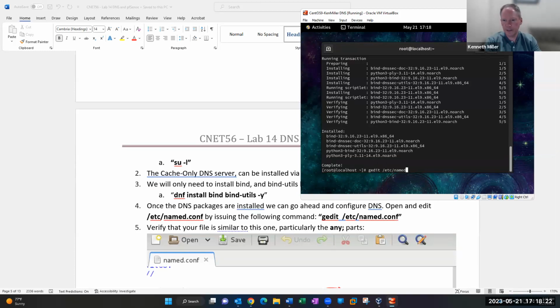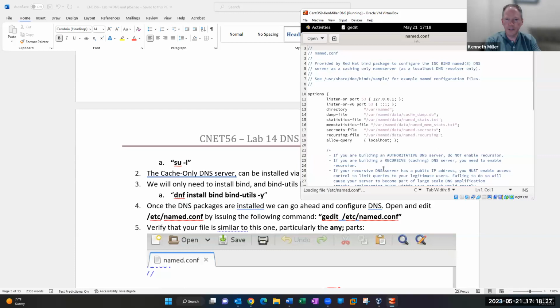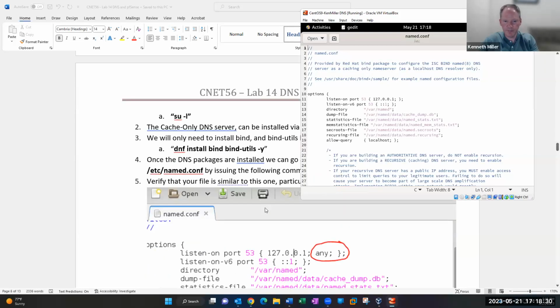/etc/named.conf. All right, and that should open your gedit. And then what I want to do is modify this first area here. So after this 127.0.0.1, I'm going to add an any and then a semicolon right there. Just like that. Okay, so put a space